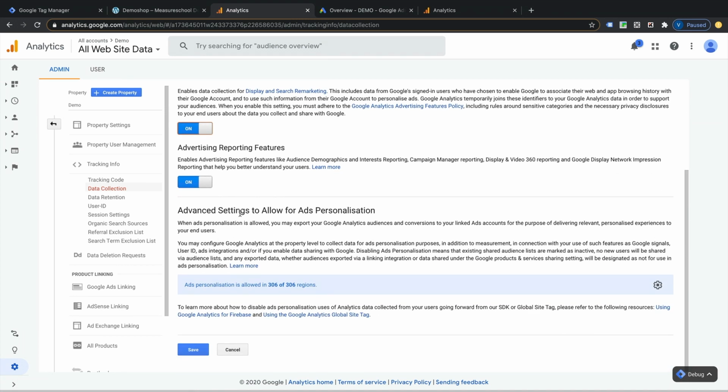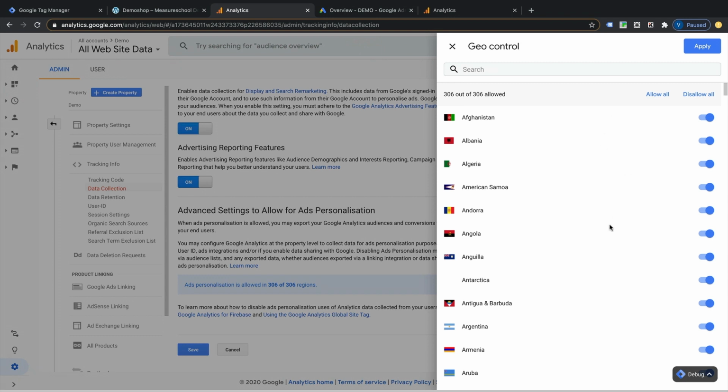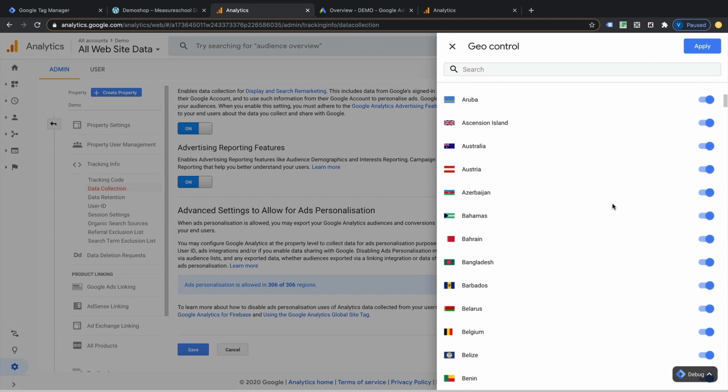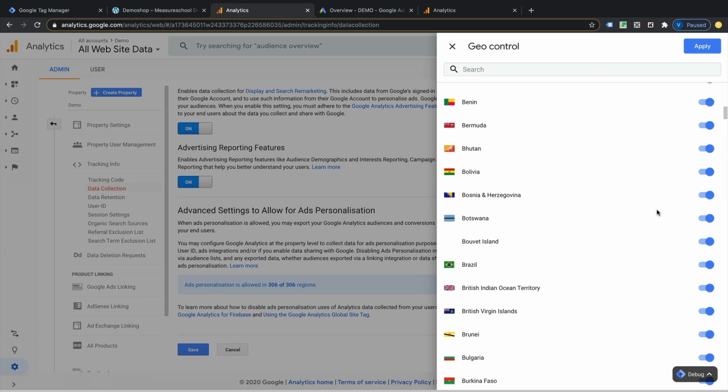There is also now an advanced setting to allow for ad personalization. Now, depending on what country you're in or your target audience, you may have to adjust this. You can actually come in here and adjust toggling on or off for different countries.